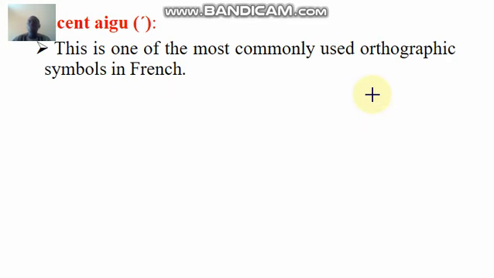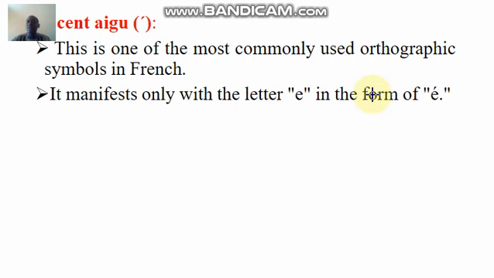Accent aigu, very important. This is one of the most commonly used French autograph signs, and it's used with the letter E. When it's used, you have something like this in French, é. This is what you're going to get, and it's pronounced "A". This is the pronunciation. You have this particular sound in French, that phoneme, when used like that. Aside that, you have